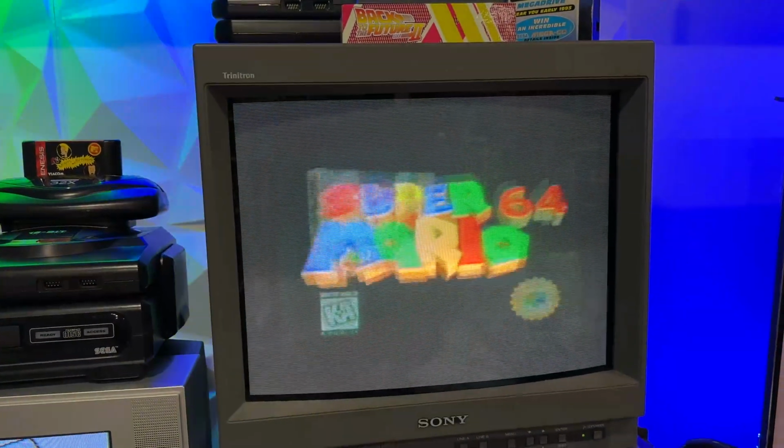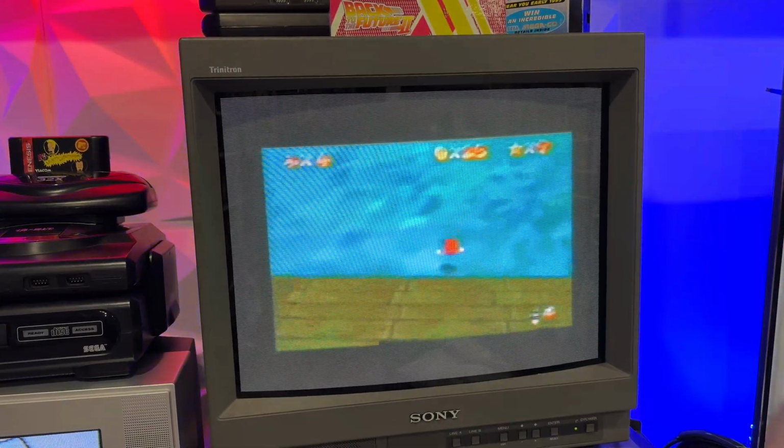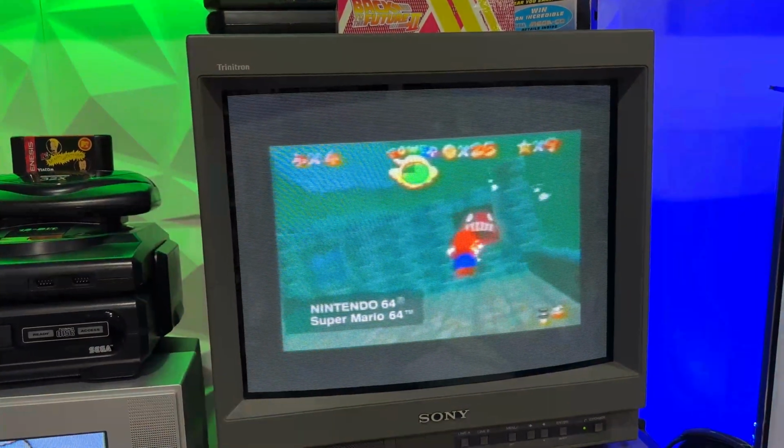How's that? As you play Super Mario 64, submerged in a 3D environment with 15 worlds of beautiful...